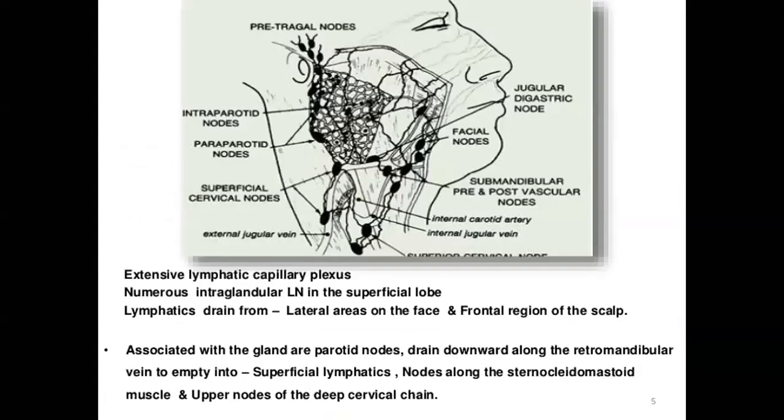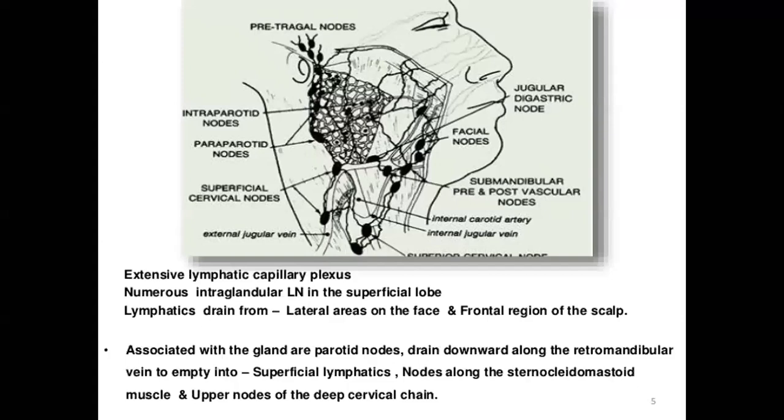the lymphatic drainage has the intraparotid lymph nodes, the paraparotid nodes, then the superficial cervical nodes, the jugulodigastric nodes, the facial nodes, and then the submandibular pre- and post-vascular nodes. Then the lymph nodes run along the carotid artery and the internal jugular vein. So there is an extensive lymphatic capillary plexus. They have numerous intraglandular lymph nodes in the